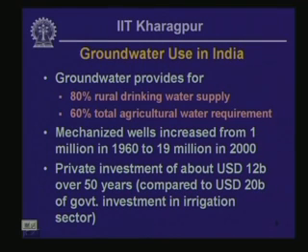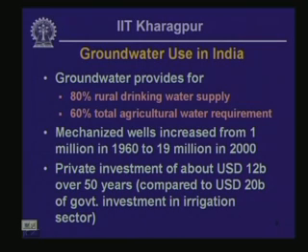This is a very significant increase, and if you estimate the typical cost associated with installation of so many wells, then you can calculate that the investment for installation of these 19 million water wells could be approximately US $12 billion over 50 years, and you can compare this number with the approximately $20 billion US dollars invested by the